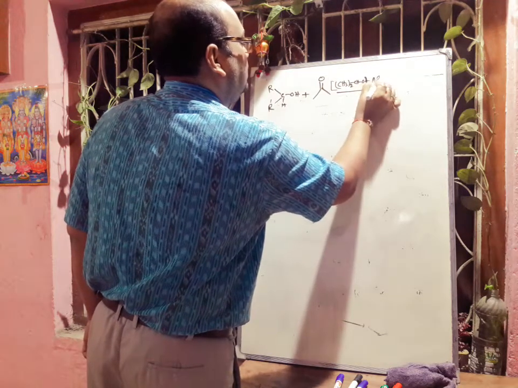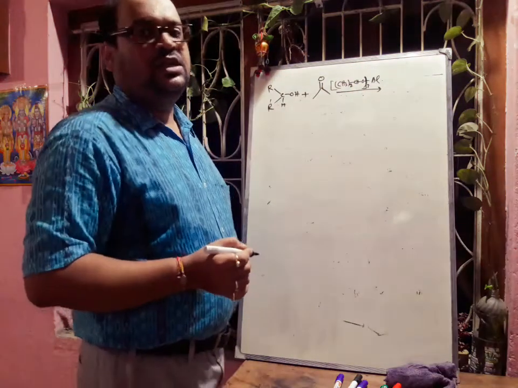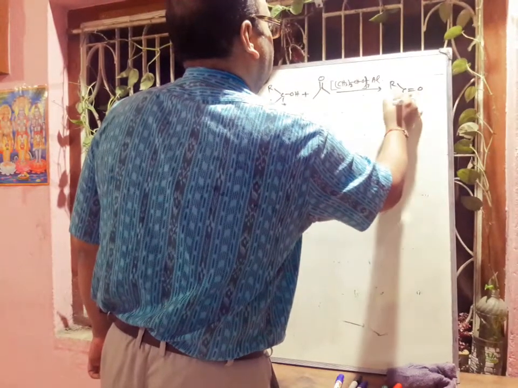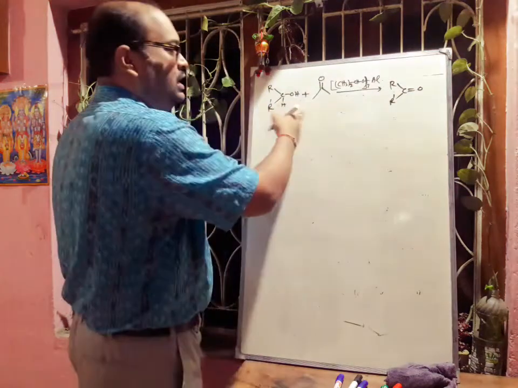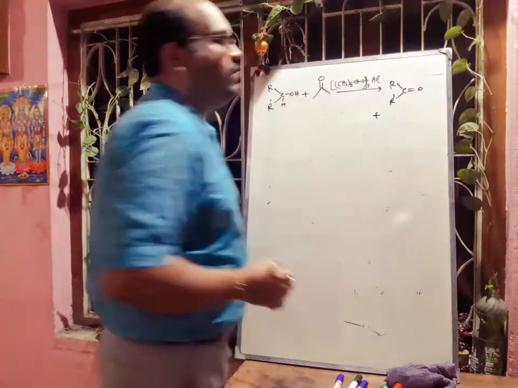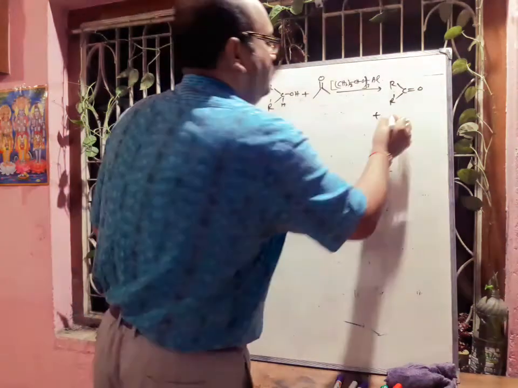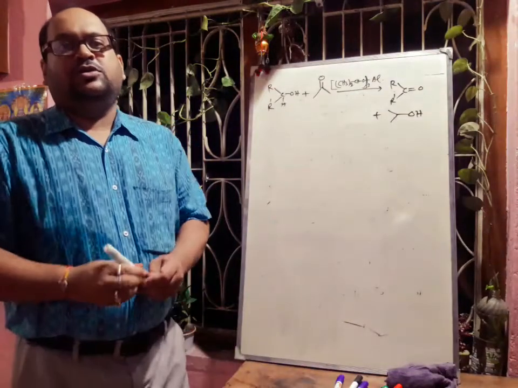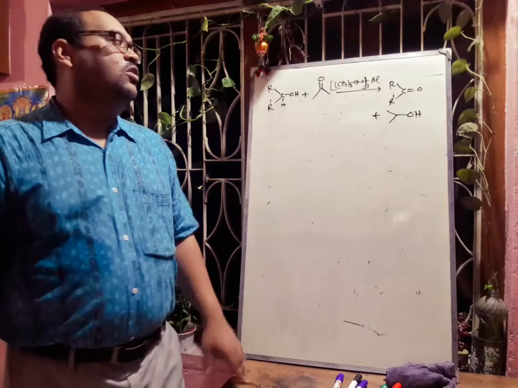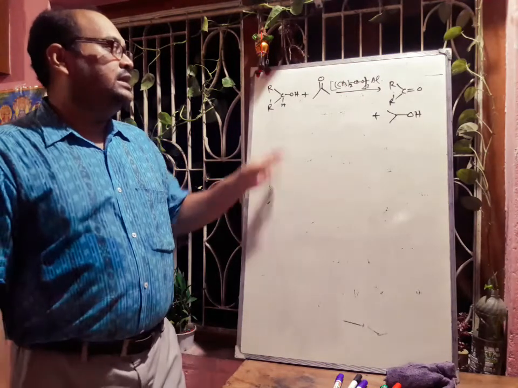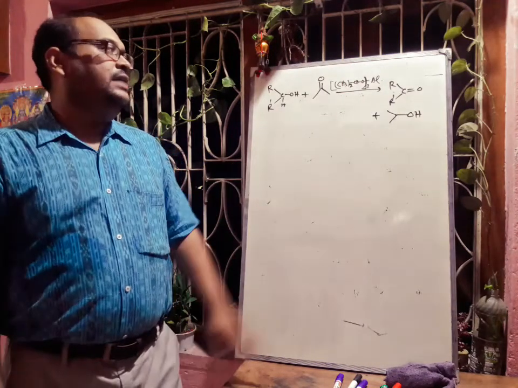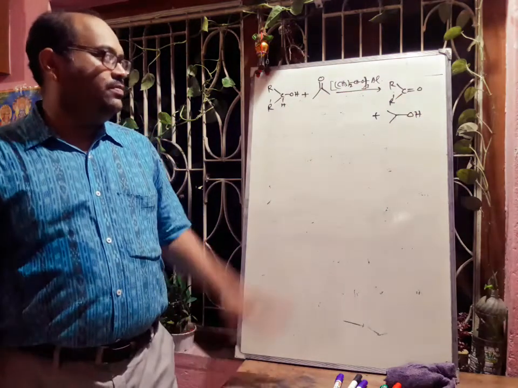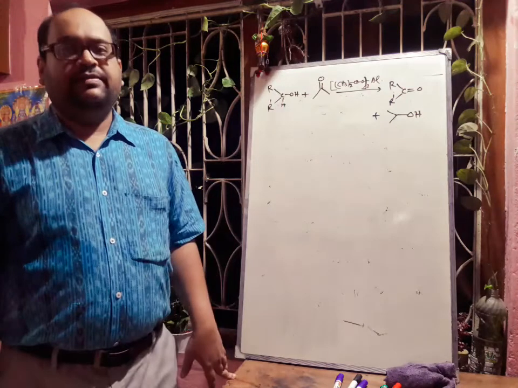Okay. Then it will produce the corresponding ketone from this alcohol, and acetone will be converted to isopropyl alcohol. So this reaction is called Oppenauer oxidation, and this is a reversible reaction. If we take these two and use this aluminium isopropoxide, then we will get the reverse product.